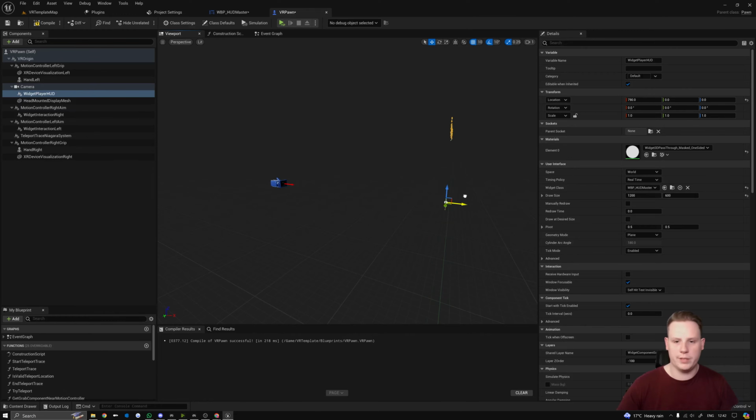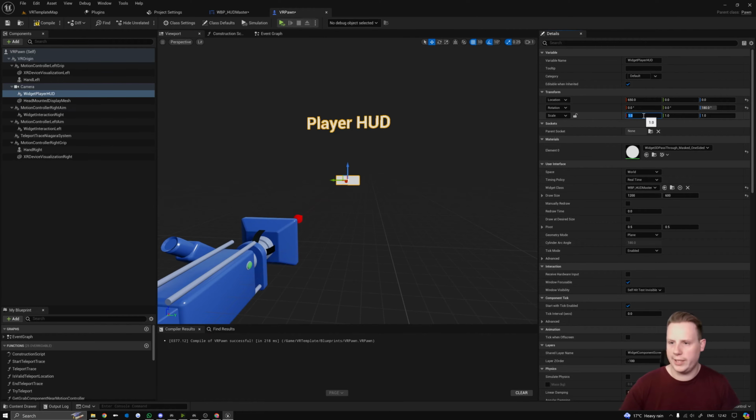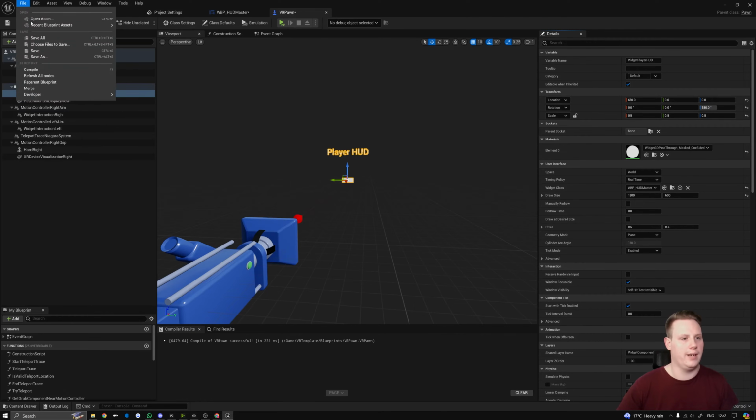What we want to do is move this forward and then rotate on the Z by 180. So now when we're in the scene, it'll be in front of our camera. I'm also going to scale this down. I'm actually scaling the widget itself down. It typically gives you a little bit better resolution as well. So 0.5, 0.5, 0.5. And now if we hit compile, fix all, and save,